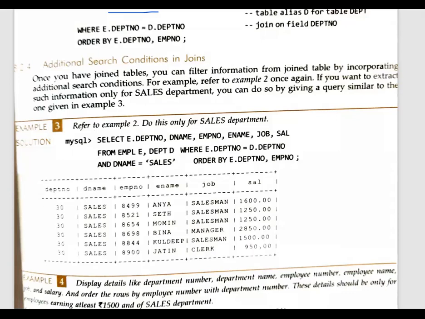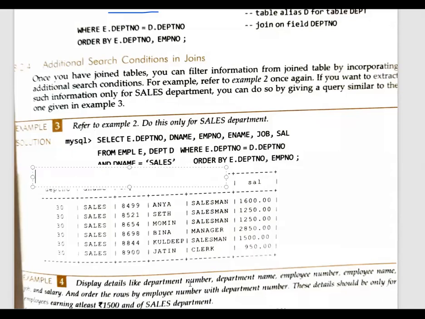Only Pranjal has given the answer. What about others? Better try. Okay, not getting the answer.